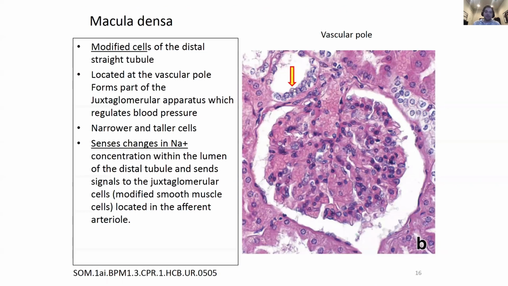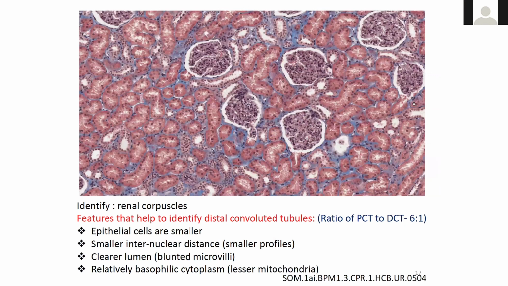Now the macula on the previous one. Yeah, sure. Why does the slide itself say that there's less mitochondria? I thought the DCT had more mitochondria because of all the sodium-potassium ATPases. That's a great question. I don't know. I pulled this straight from lecture, so I'm not exactly sure. It's in ours too. That's why I was confused. Yeah, I'm not exactly sure. You have to clarify that with the